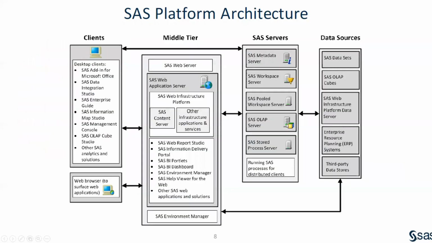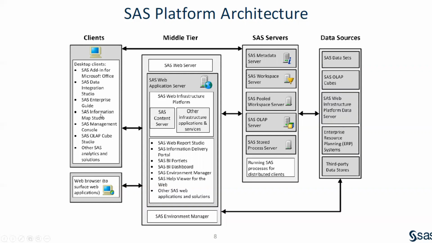Then actually this is the platform. So this is an important thing. There are four types of tiers. Four types of tiers is a very important one. One is called the client tier. The second one is called the web tier. Web tier is also called the middle tier. All the web tiers are considered as the middle tier only. The third one is the server tier. The fourth one is called the data tier. So there are four tiers in the SAS platform architecture.